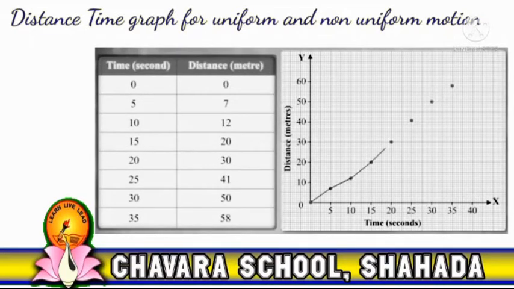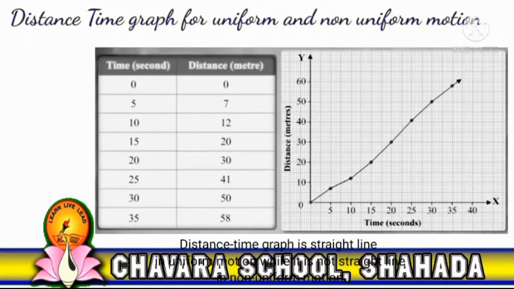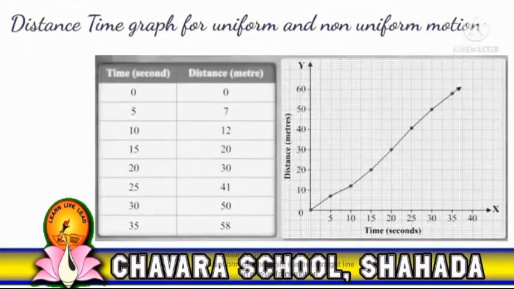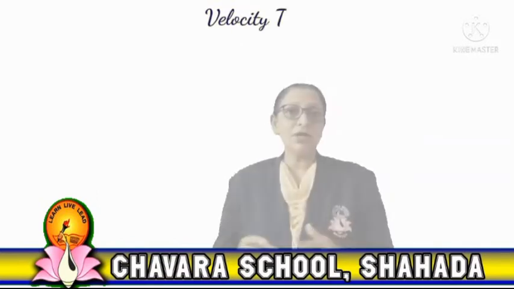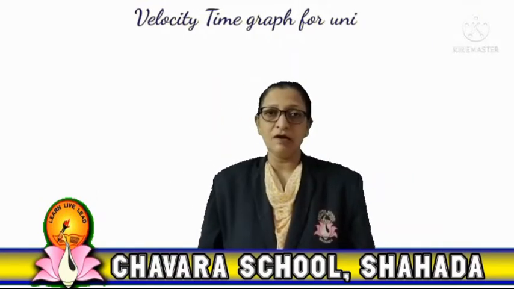Here, the distance changes non-uniformly with time. Thus, the bus is having non-uniform motion. Use your brain power. What difference do you see in the distance time graphs for uniform and non-uniform motion? Now let us study velocity time graph for both